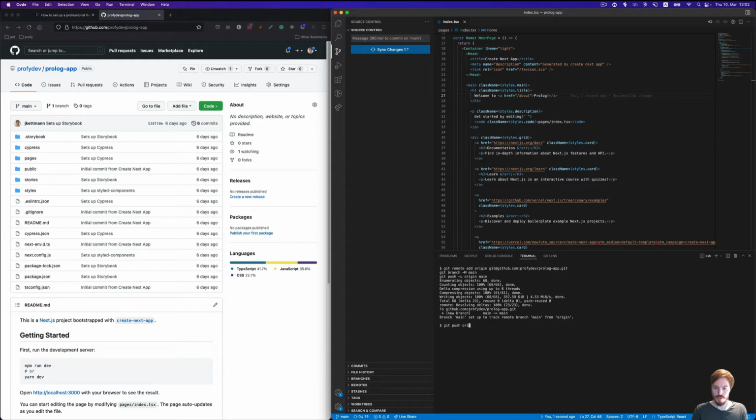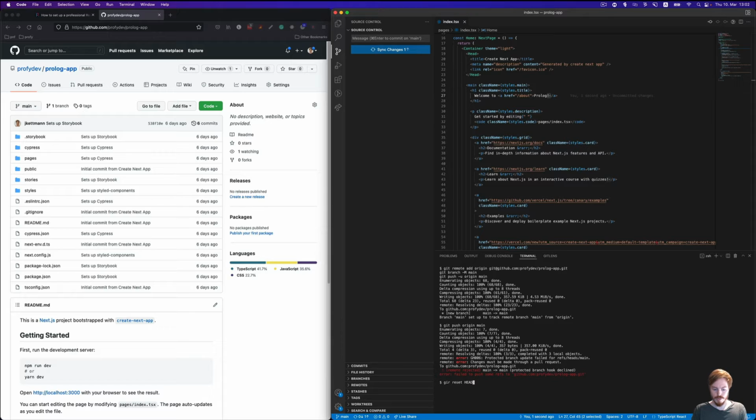Git push origin main. So now we would expect that the code change, this exclamation mark, would also show up here later, if everything went fine. But here we have an error, failed to push some refs to GitHub, because the branch is protected. So this means we can't push this commit directly. What we have to do is